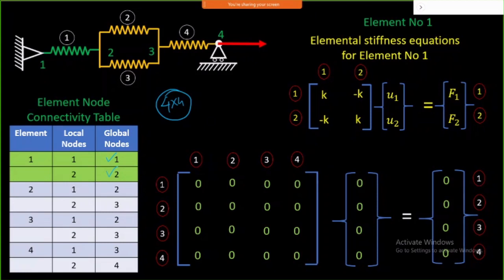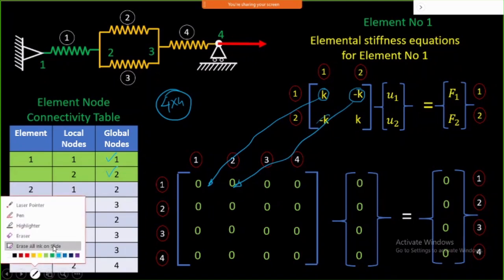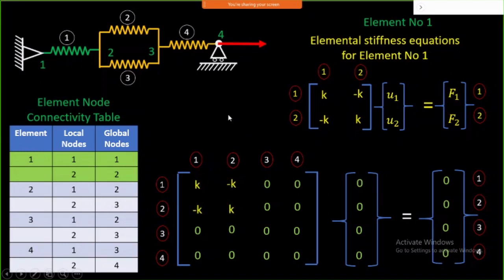You just consider here it is written 1, 2, and here 1, 2. Obviously, this element will now go to this location, this element will go to this location, and in the same way for the rest of the elements. That is how it works, and I can show you this in an animation. You can just look here, this particular matrix will sit into this global stiffness matrix. This is the elemental matrix, and it will sit into the global stiffness matrix at locations 1 and 2, and that is decided from these two numbers.